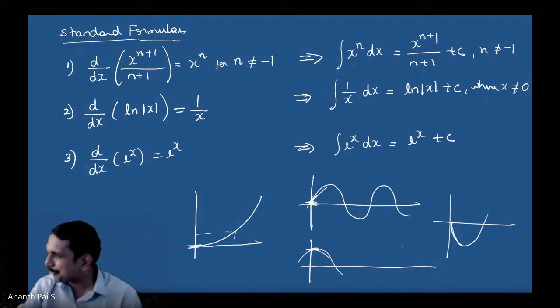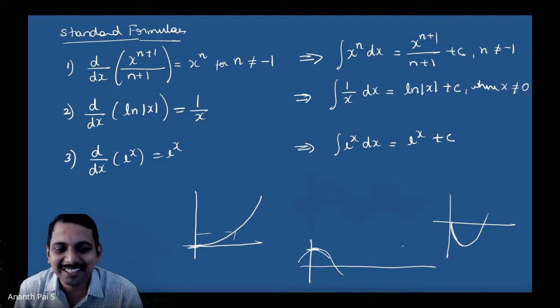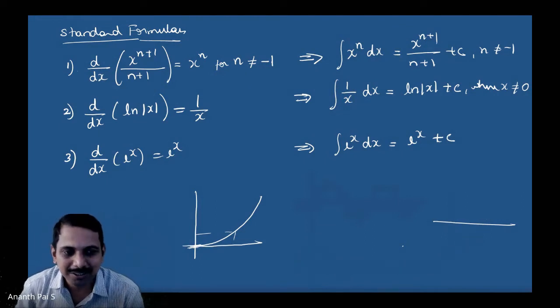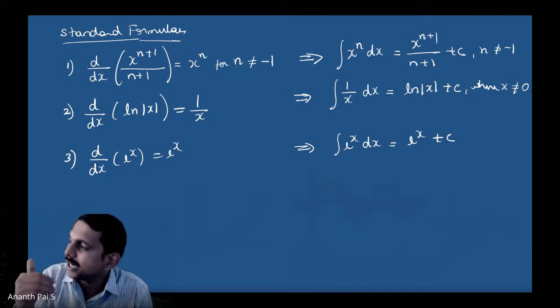Such a beautiful, simple harmonic motion it is. Correct? So these are all extra things, whichever I think of, I'm putting it. So let us complete this. Okay, so the third one is d by dx of e power x is equal to